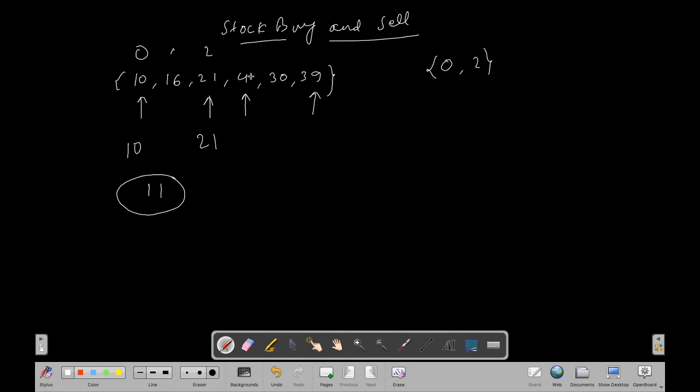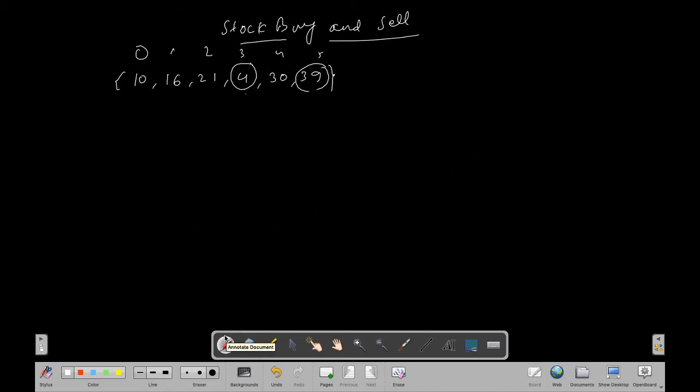Now again, if we buy the stock at the price 4 and sell it at the price of 39, we get our maximum profit again, a profit of 35. Now the indices are 3 to 5, so we have to return 3 and 5. This is our question, and this is what we have to do.